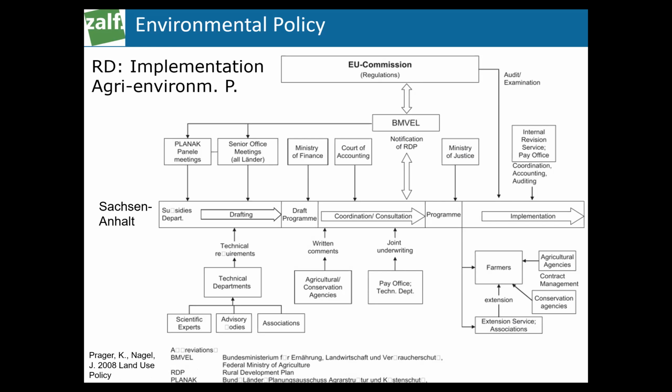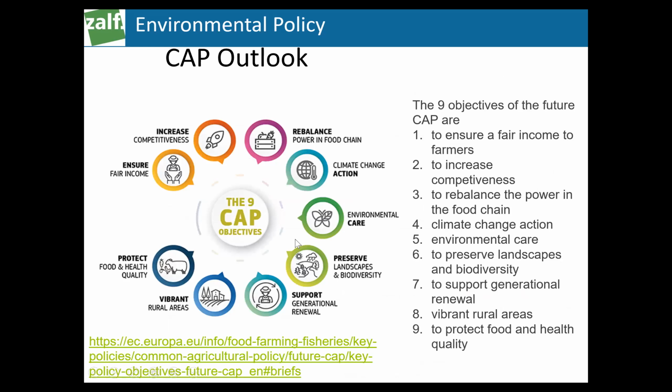The farmers are here, and now the tailored regional programs will be set up. That means in our buffer zone program, only where sensitive regions are, only where the risk of leaching of pesticides is very high, these areas will be designated to implement a certain buffer zone program to mitigate leaching of pesticides into open water bodies. Only in those regions and not per se across entire Germany.